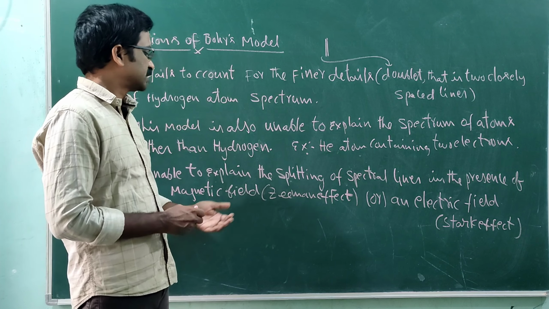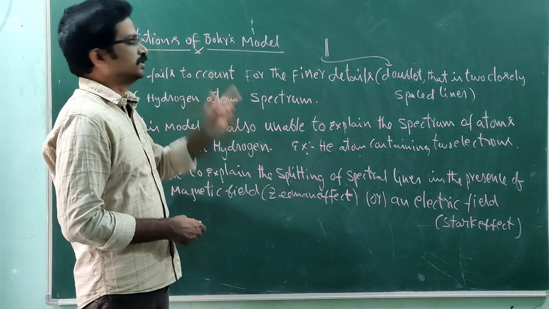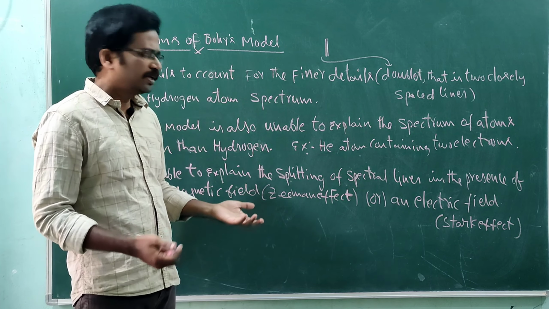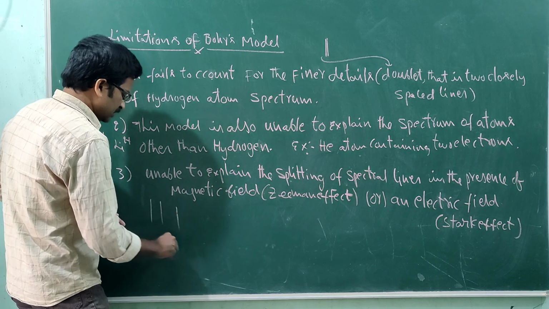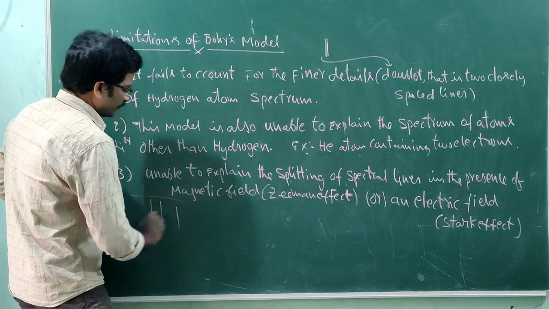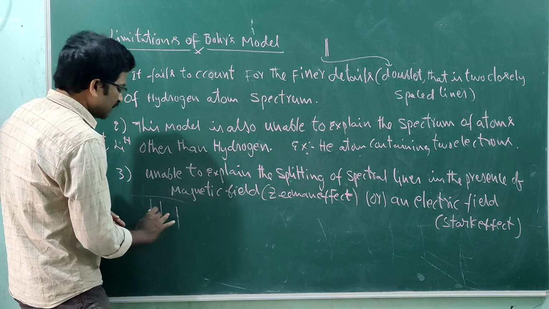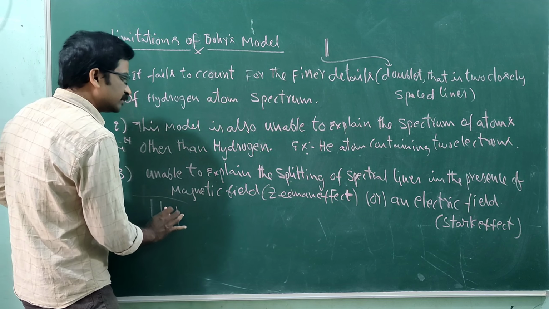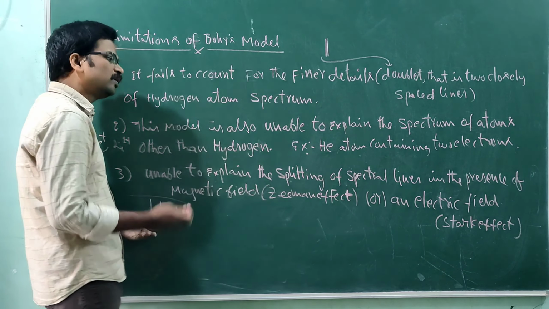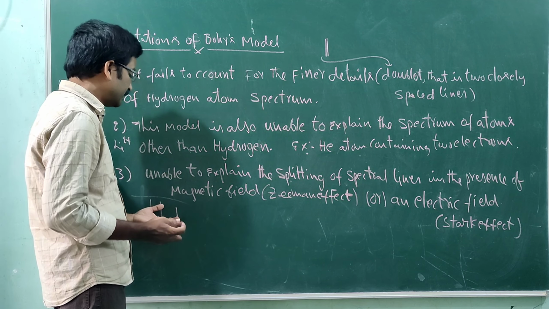These 2 points cannot be explained by Bohr theory. Normally we know the spectral lines, the line spectrum. These spectral lines split in the presence of a magnetic field and in an electric field. We know this practically, but it is not explained by the